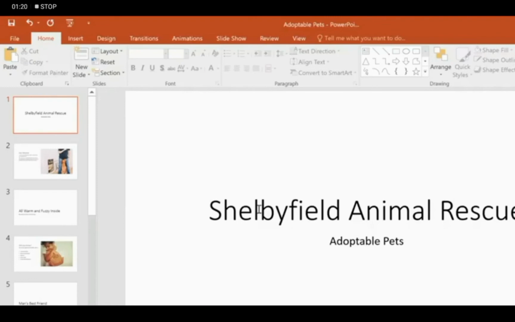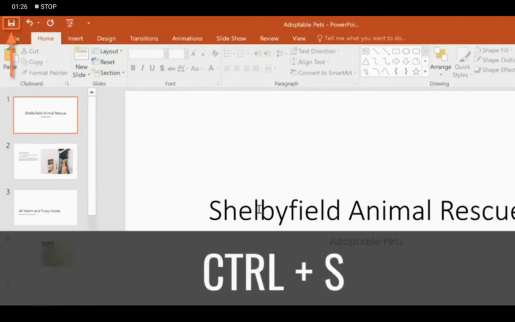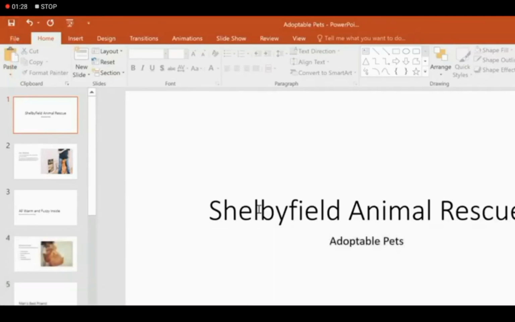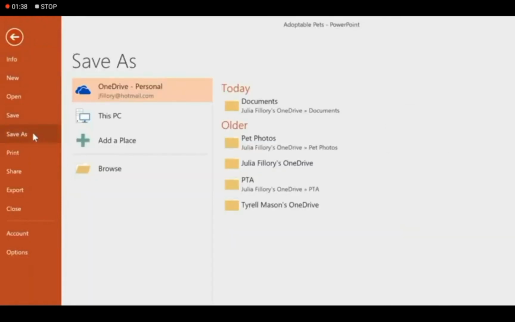If you want to save your presentation more quickly, you can choose a shortcut command, which is Ctrl plus S. By using Ctrl plus S, you can directly save your PowerPoint presentation. Or the other option is of Backstage view.